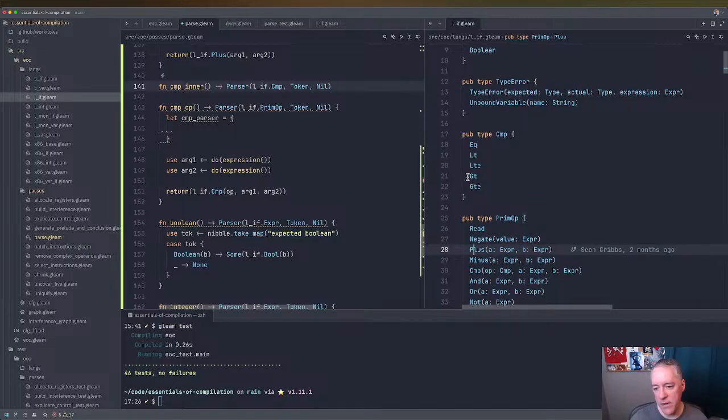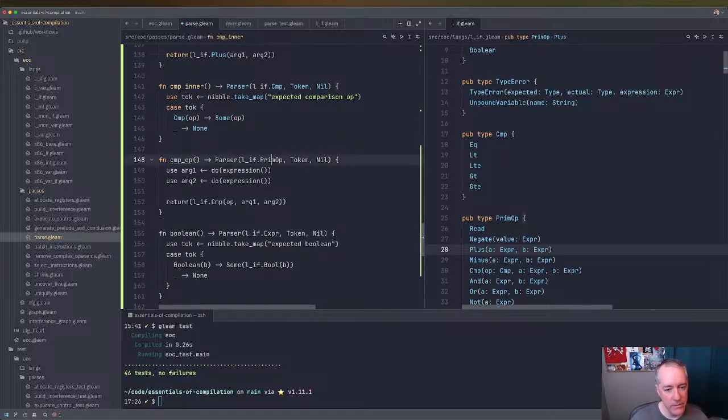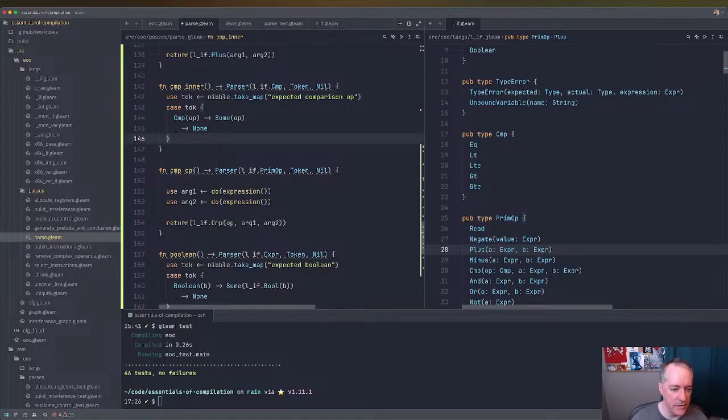Right, because what we want is this inner thing. So then we do... what am I missing up here? Oh, I'm missing a bracket. Okay. So